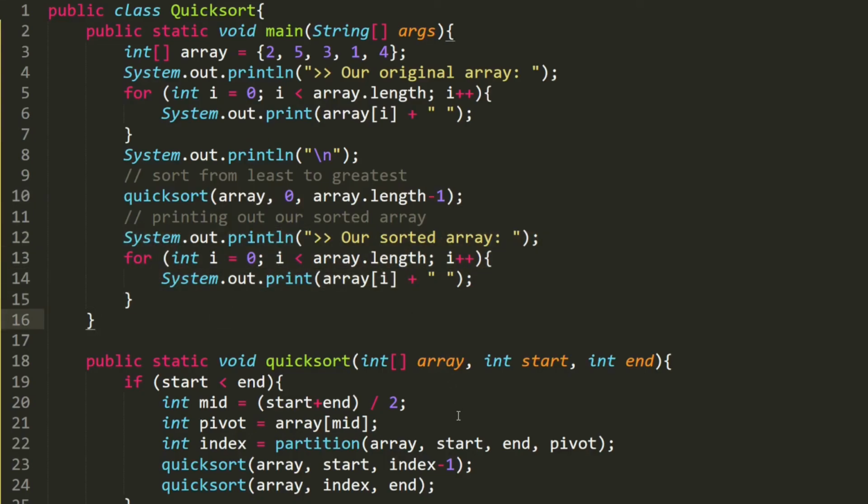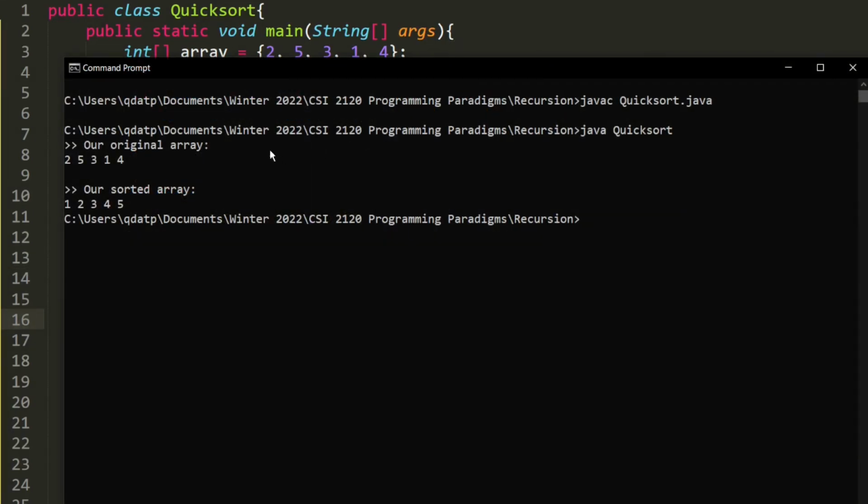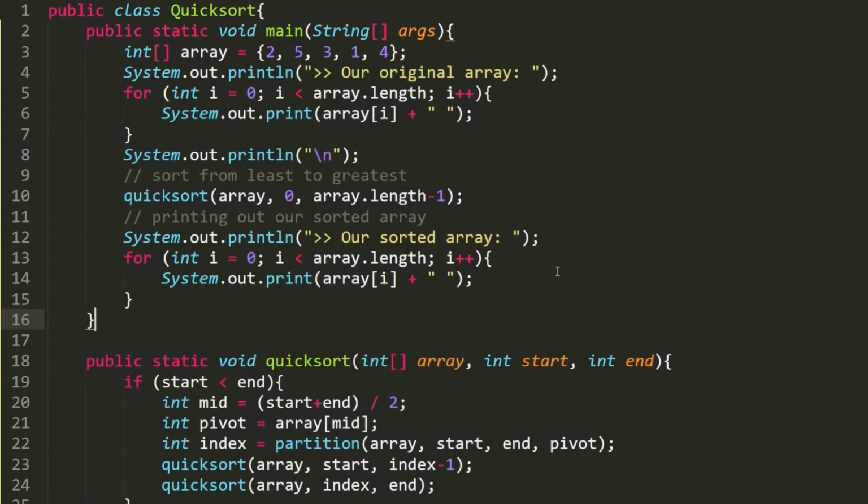So let's go ahead and test it. And as you can see, this is the output of the program. We have our original array. And after we sort it, we can see that the array is sorted from least to greatest. Now, one thing to note is that instead of calling quicksort, array, and then we pass in the index at the start, which is 0, and then the n, which is the last index of the array every single time,